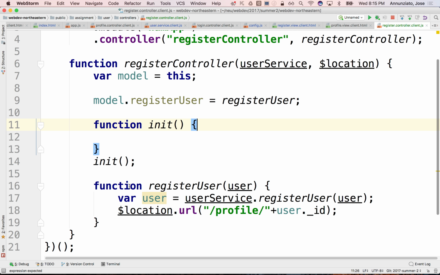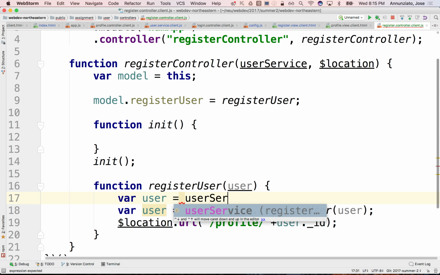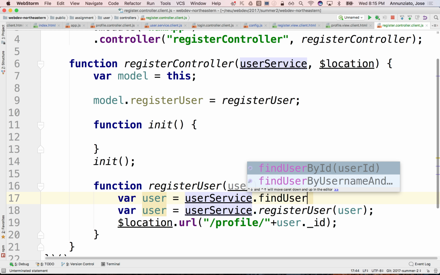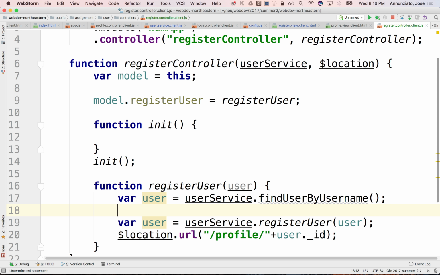For instance, one of the things you might want to do here is check to see if the username exists first, right? Check if that username exists. So, for instance, you might look up the user. You might say var user. Maybe you do a user service, find user by username. Meaning, is there a user who has that username? Okay. And if no user,